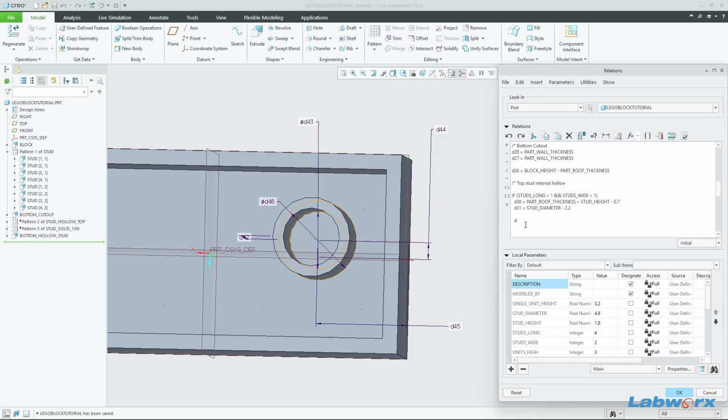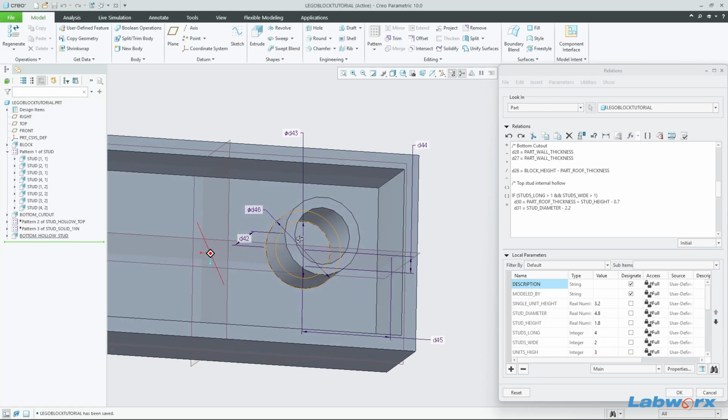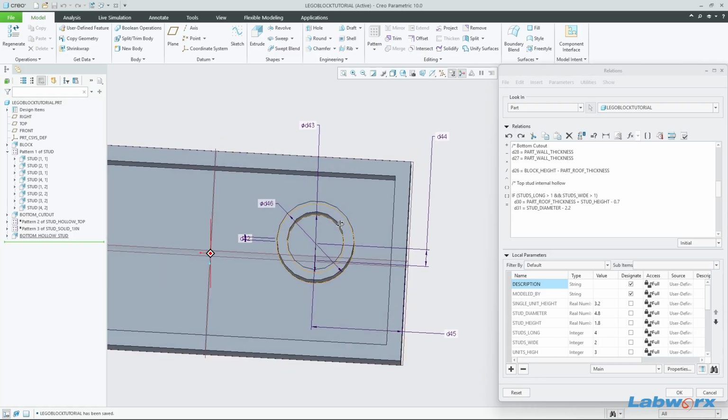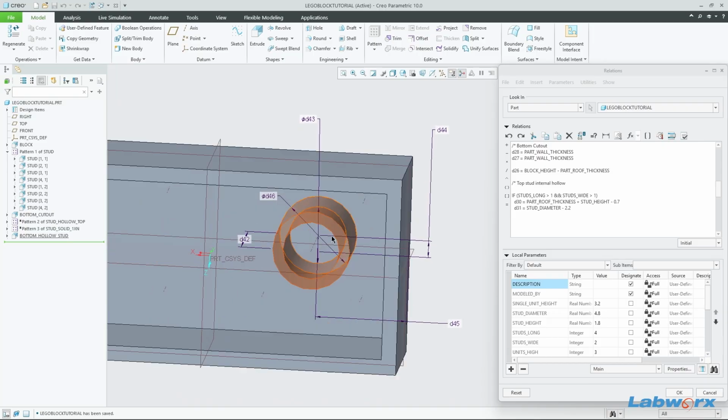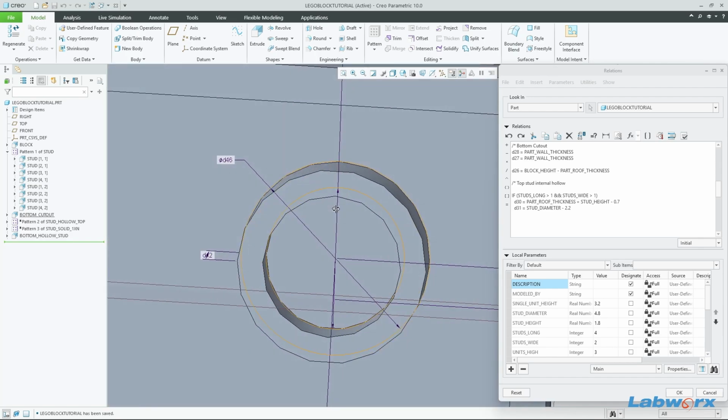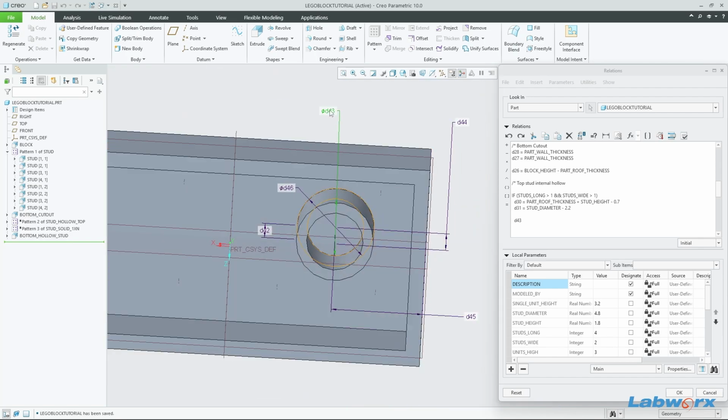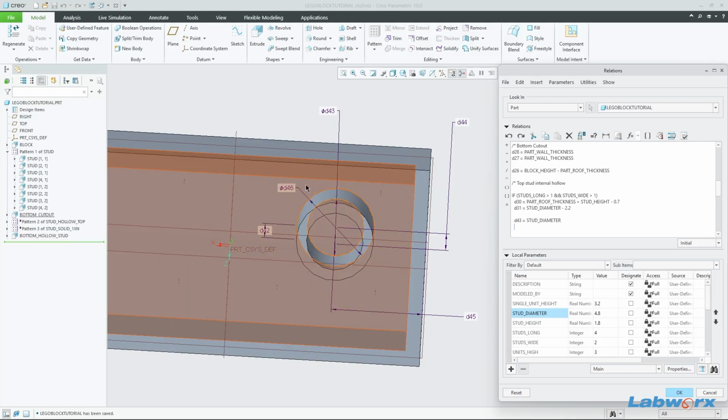So let's have a look here. We first of all need to set our first dimension, which is the internal dimension of our hollow stud, which appears to be this one here, D43. So D43 is just going to equal stud diameter, and in relations, our D46 is going to be stud diameter